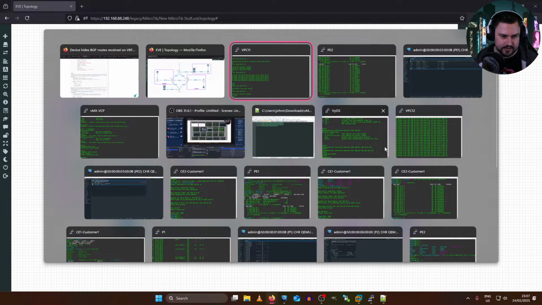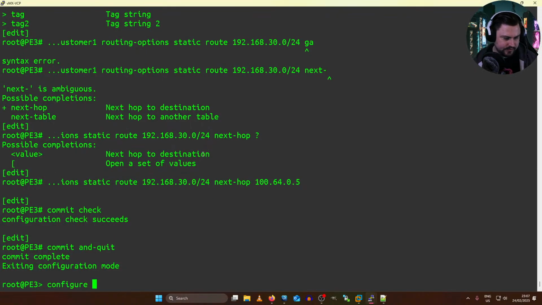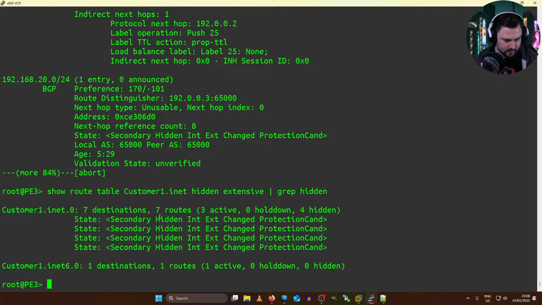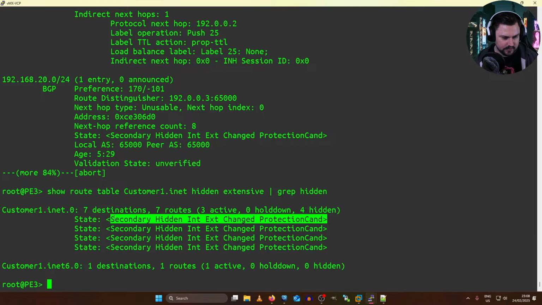Oh, we should also be able to see exactly why it's hiding it. So if I just do a grep hidden, secondary hidden int exchange protection candidate.